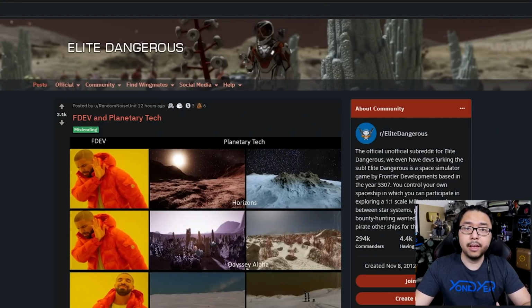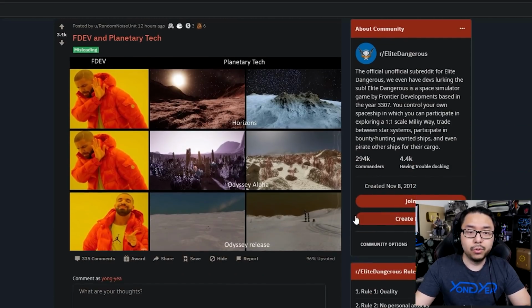On Reddit, you'll find plenty of memes and disappointed community members, and here you'll actually find more visual examples of the new expansion's issues. So right here we have screenshots of the planetary tech on display for Elite Dangerous. Horizons was the last expansion, and you can see that it looked pretty impressive, and then the Odyssey Alpha showcased this stuff, and you can see just how much more lush planets look, and then we have the actual full release of Odyssey, the final product, whose planetary generation looks barren and generic, bland, and even just zooming out and looking at planets from outer space, they just don't look very good, and in some cases look worse than before